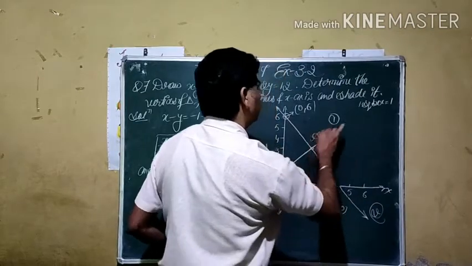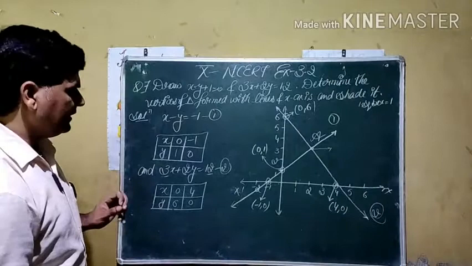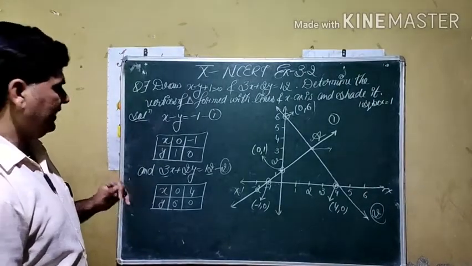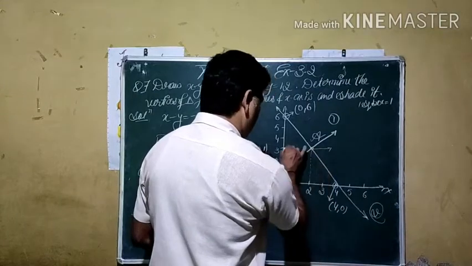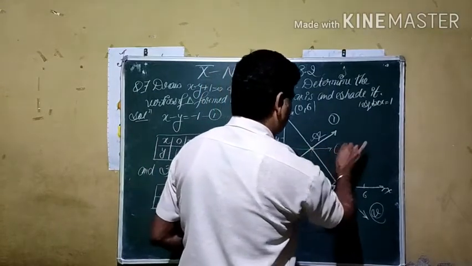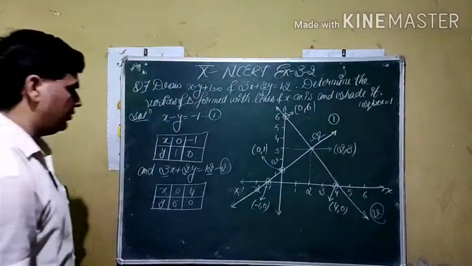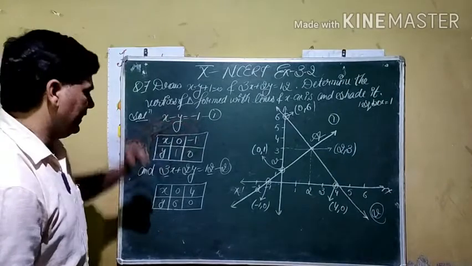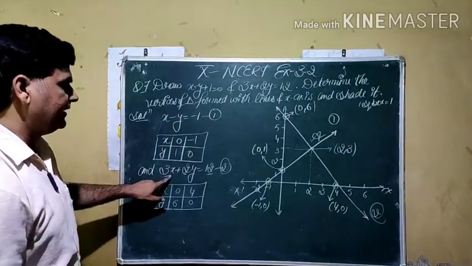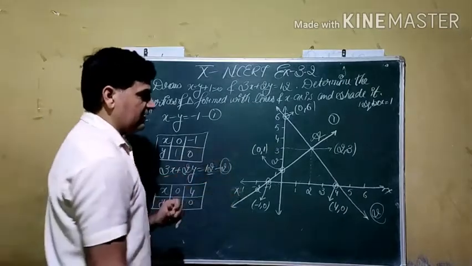If we call it coordinate A, and see approximately what the values of x and y are, if we identify from here, it is approximately 2, 3. Means x is equal to 2, y is equal to 3. If we use it here, x equal to 2, y equal to 3, it is satisfied. x equal to 2 gives 6, y equal to 3 also gives 6. Total becomes 12. So this is the equation satisfied.